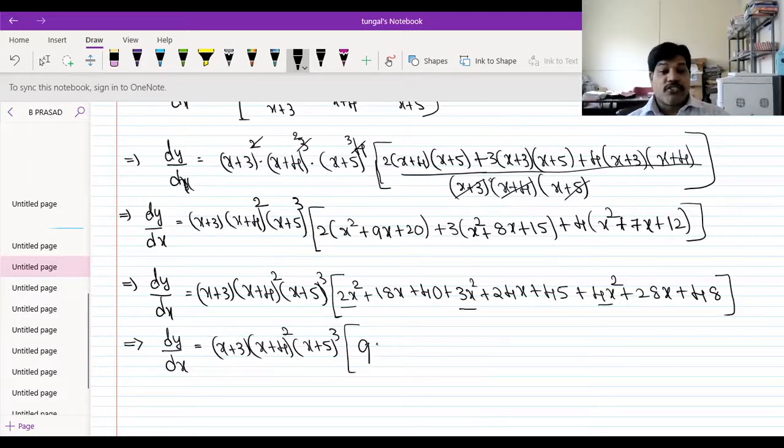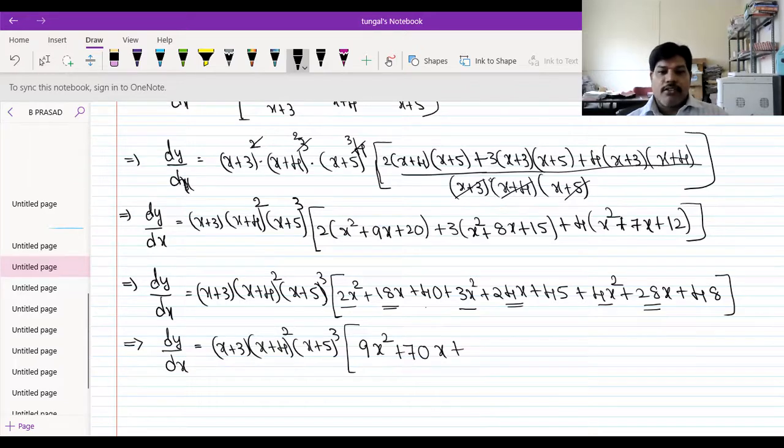First add the x square term, students. So what we will get? It will become 9x square. So then take the x values. So 18x, 24x and 28x. So 8 plus 8, 16 plus 4, that is 20. So that is 0 and carry 2. 2, 4 and 2, 6 plus 1, that is 70x. So that is 70x plus.